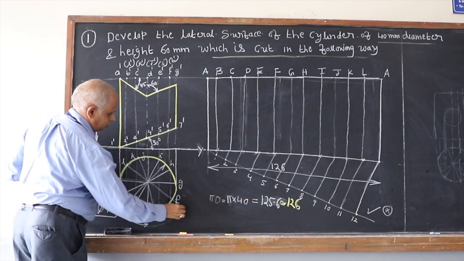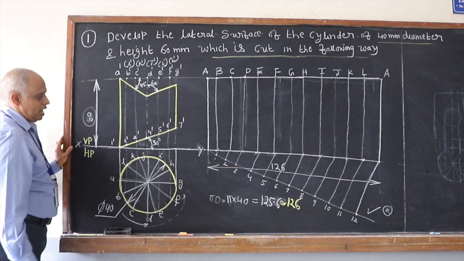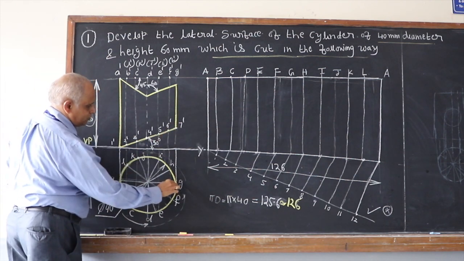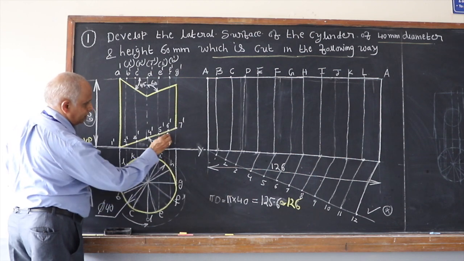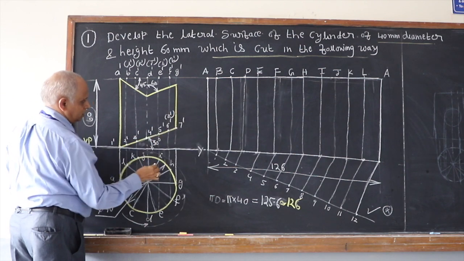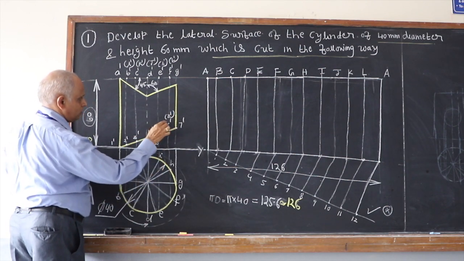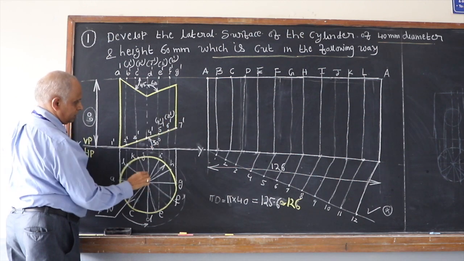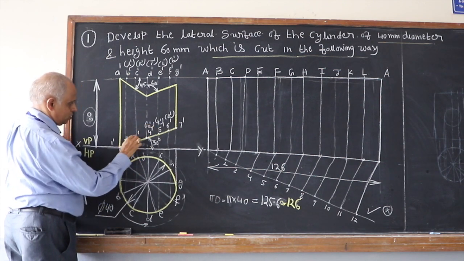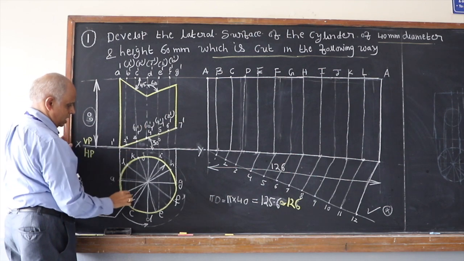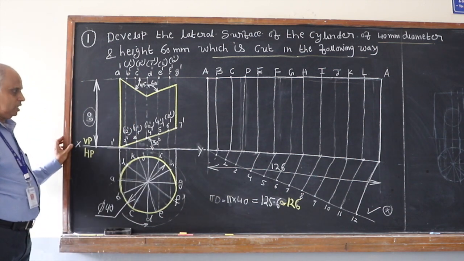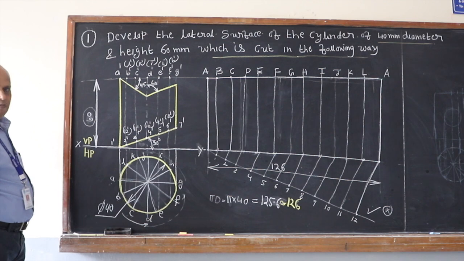Now you have completed all the section points on the visible generators, and now you need to come back in the invisible portion. Remember, 7 is only one generator here, GG1, and now if you come back, there is generator HH1, and that will give you 8 dash, and then on II1 generator you have 9 dash, and here on J you have 10 dash, and on K you have 11 dash, and here 12 dash. So that way all the generators are cut, and therefore you will have 12 section points.